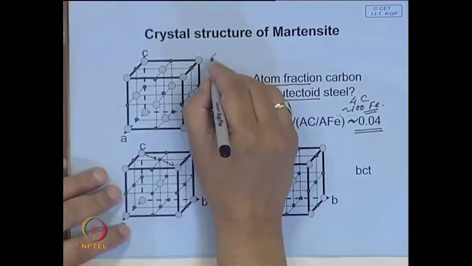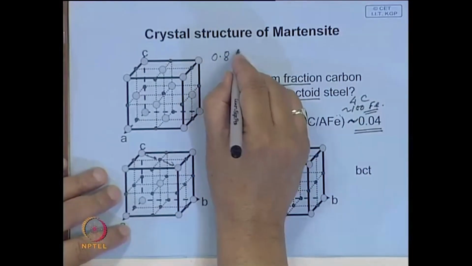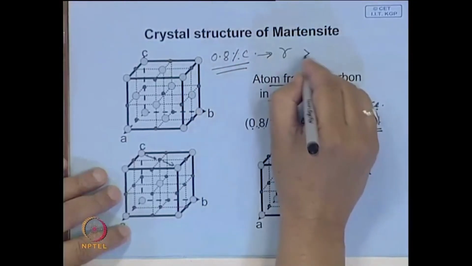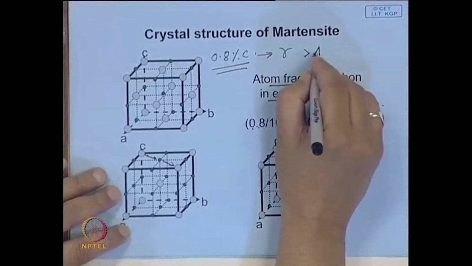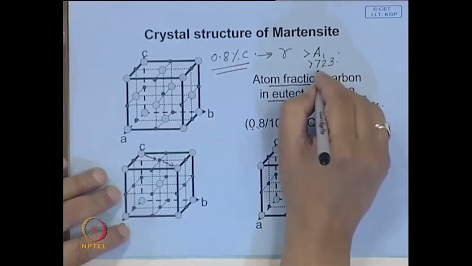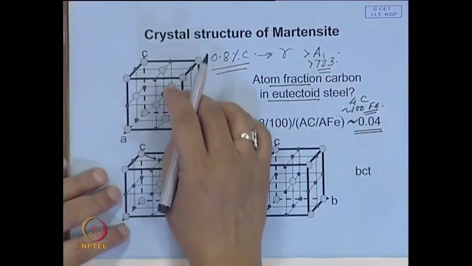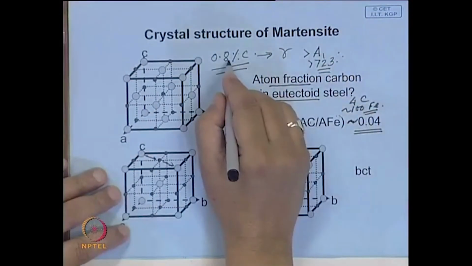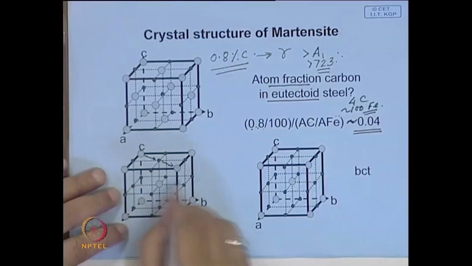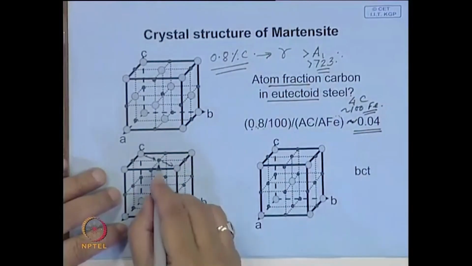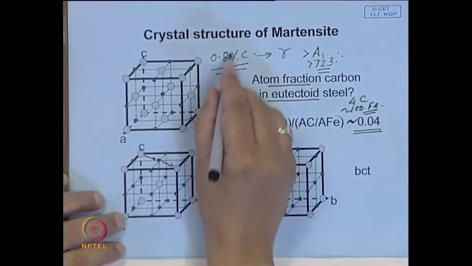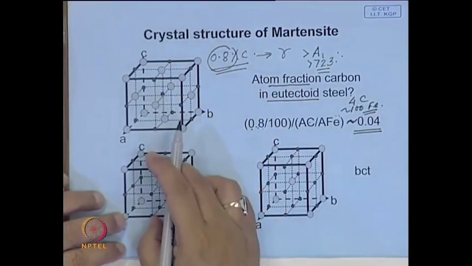So, 0.8% carbon is fully soluble in austenite, that is if the temperature is greater than A1, that is 723 degrees centigrade. Now, imagine you have heated this, you have 0.8% carbon. Here also you have plenty of sites, much more than what you have here, but these sites are smaller. And you are trying to keep so many carbon atoms by force,